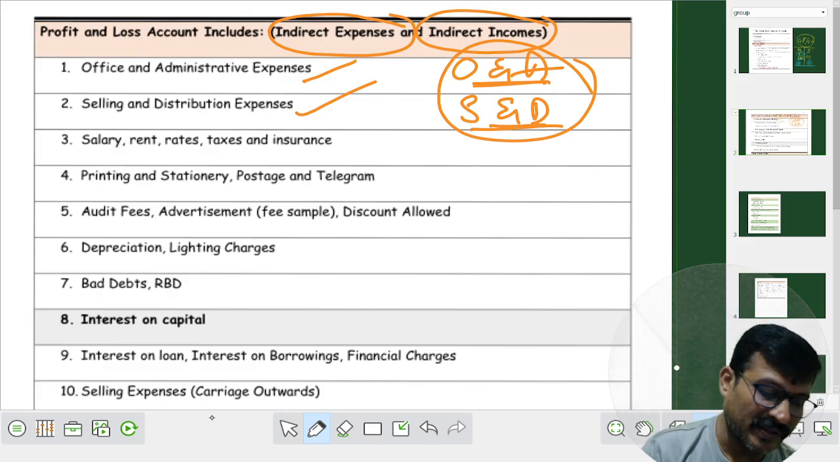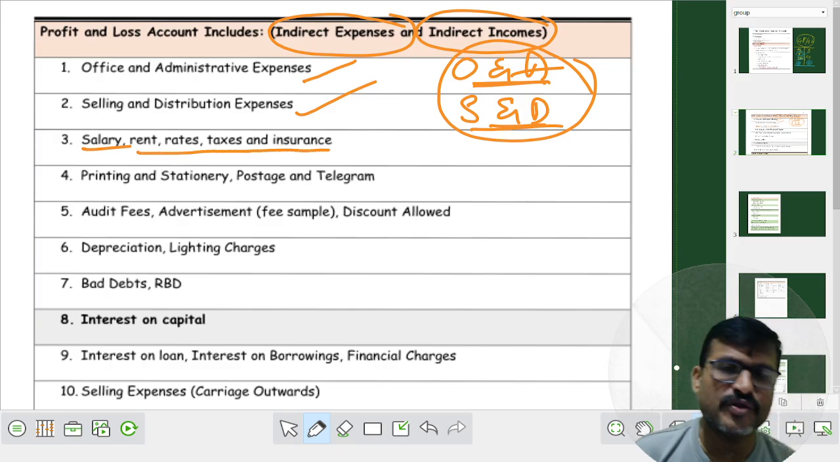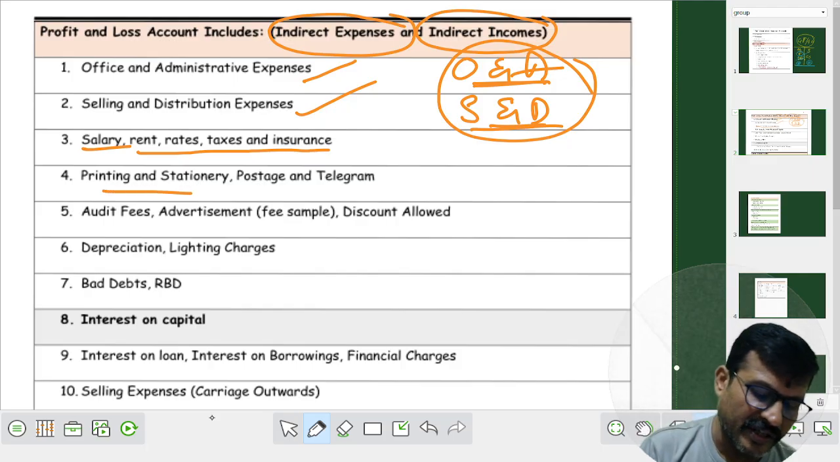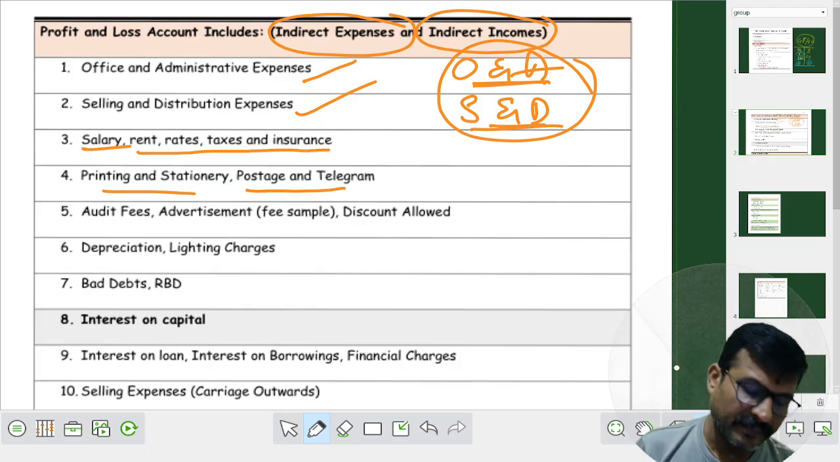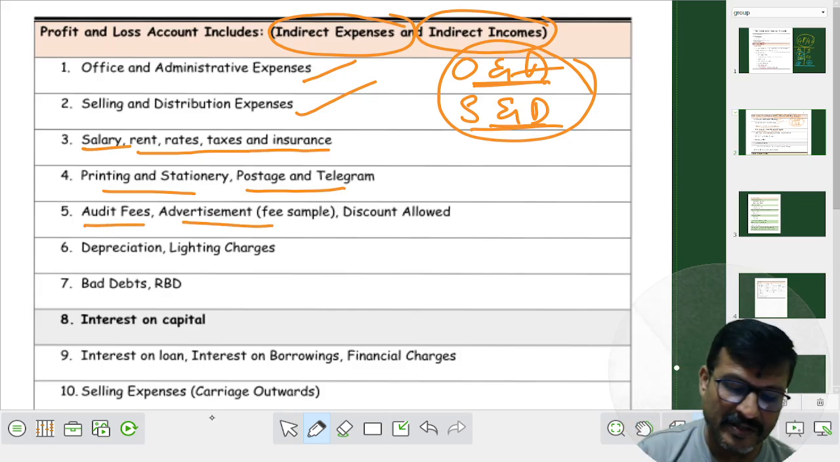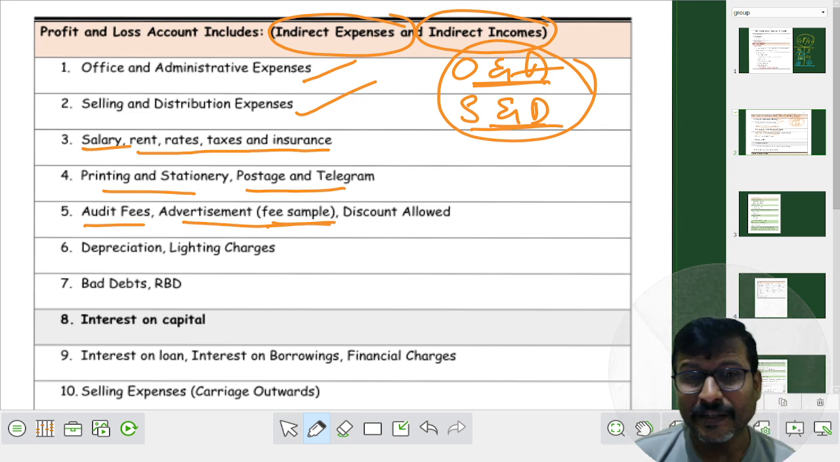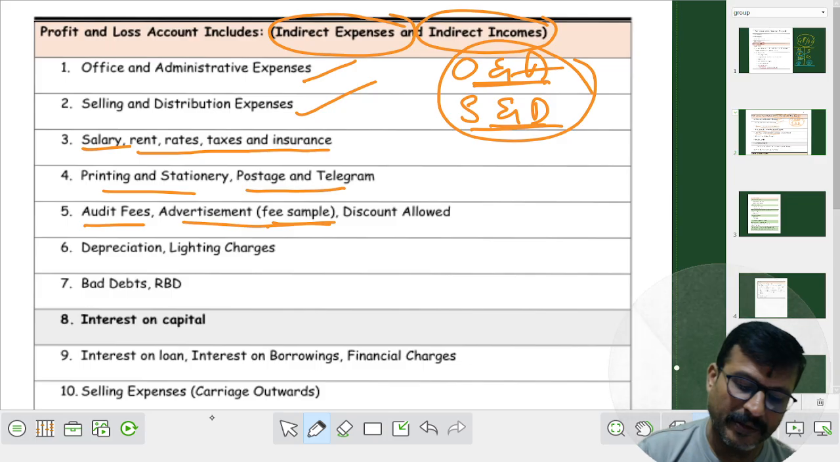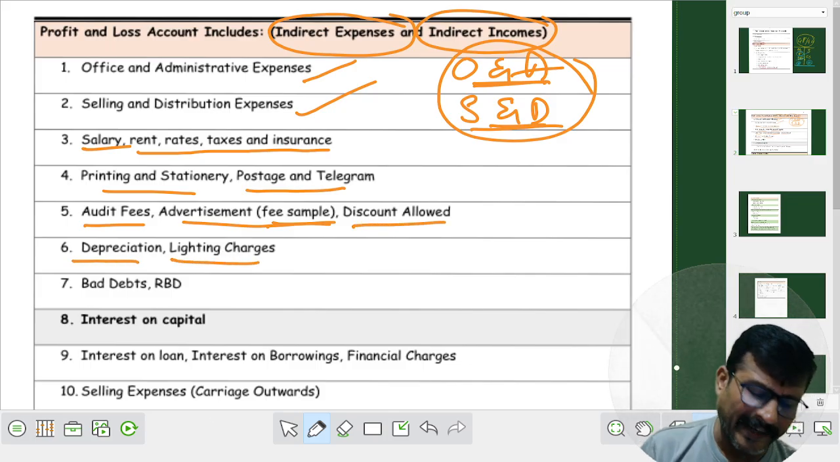It includes salary, rent, rates, taxes and insurance, printing and stationery, postage and telegram, audit fees, advertisement. See, free samples is also known as advertisement, that we have learnt in our inventory chapter, discount allowed, depreciation, lighting charges,